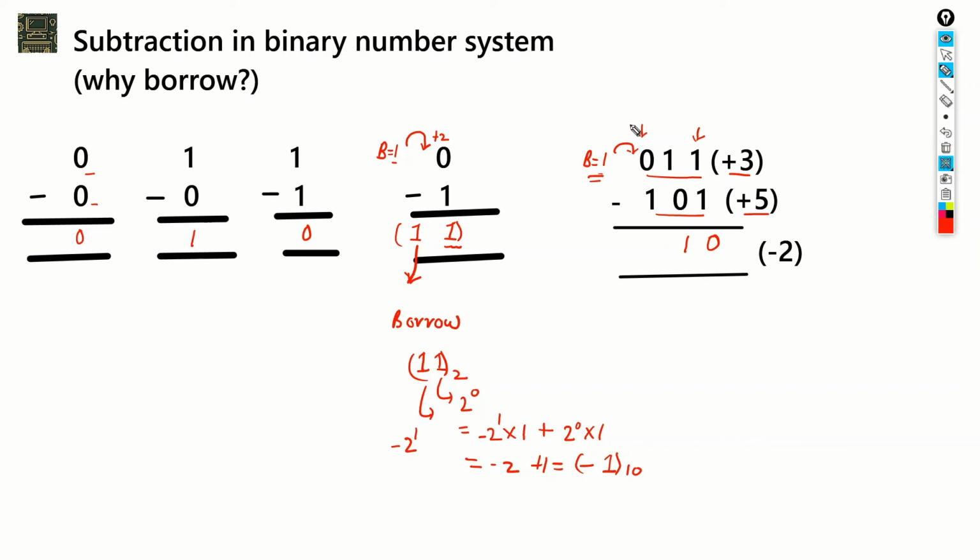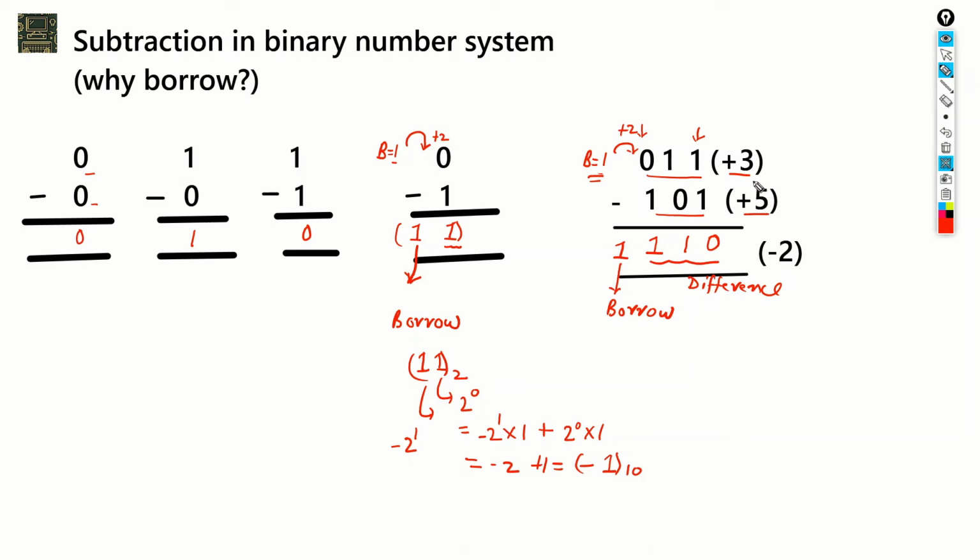So when I take the borrow, this becomes plus 2. Right. 2 plus 0, 2. 2 minus 1, 1 here. And this borrow we have taken earlier. So this is what the borrow,